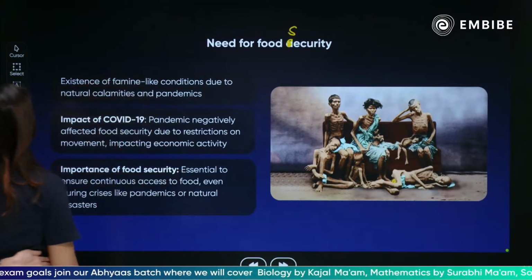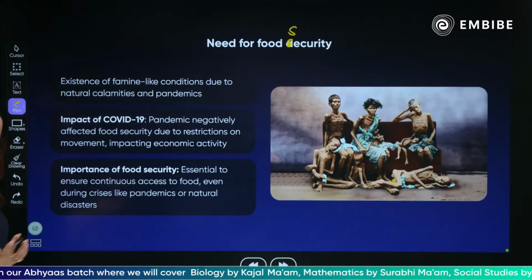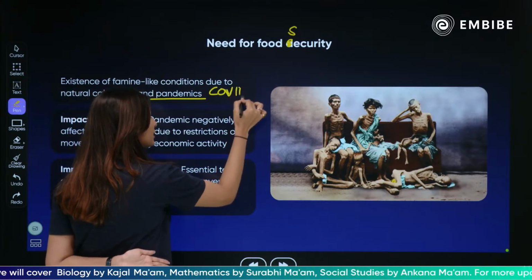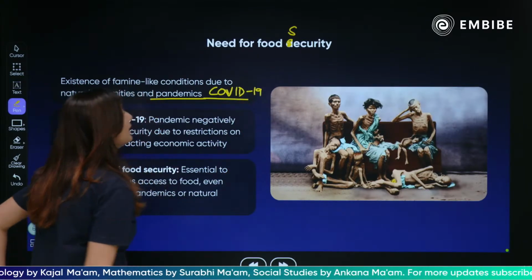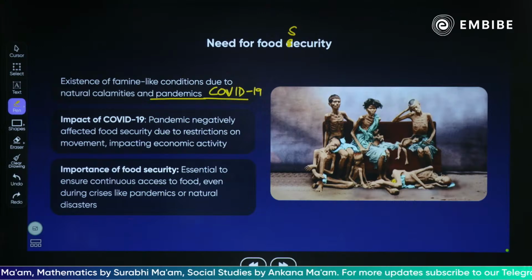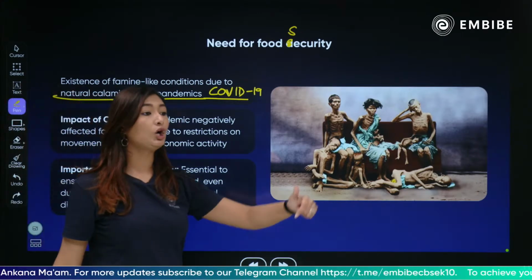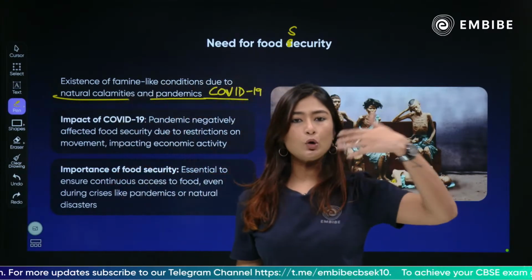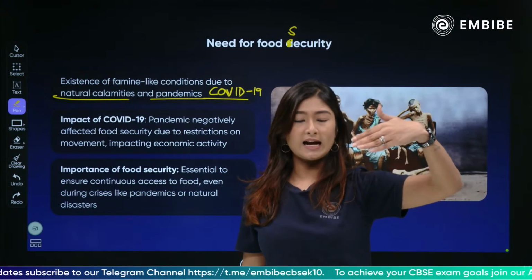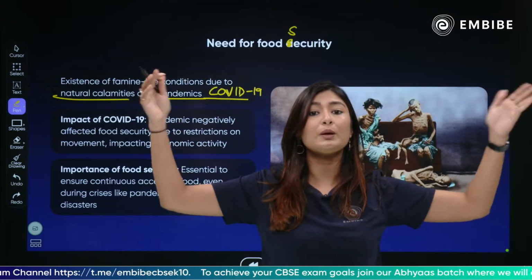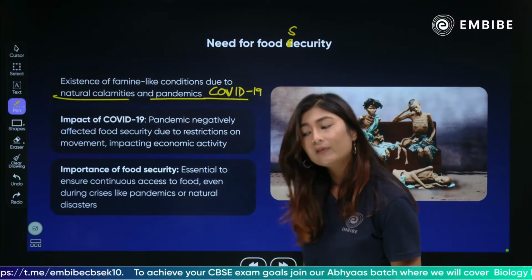The existence of famine-like conditions happens because of multiple reasons. जैसे COVID के time पे, right? COVID के time पे no food production, even if food production happened, ठीक है, it was not possible to reach to us because of transportation issues, because of different issues, right? ठीक है? Natural calamities, disaster, Assam में, West Bengal, Odisha, these are the places very prone to cyclones. A lot of things like that, like Kedarnath के पास जैसे the cloud burst happened. In such situations, a huge chunk of people get caught where there is no food available, right?